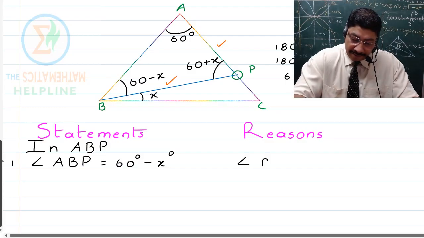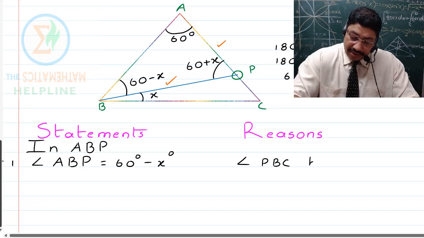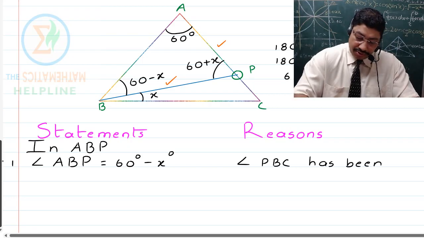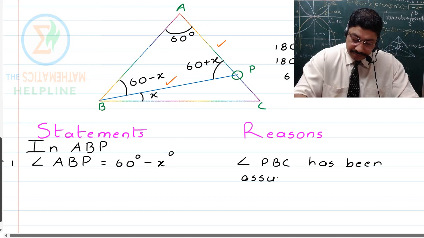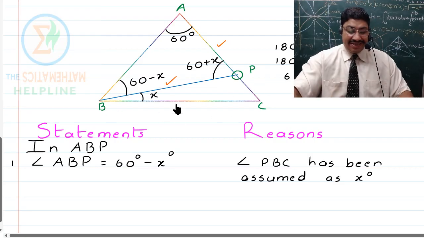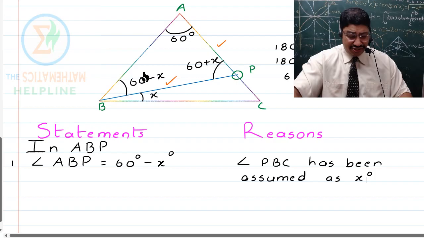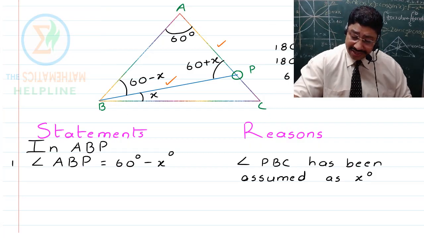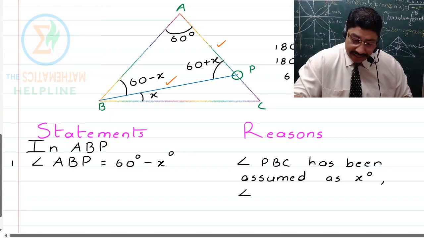angle PBC has been assumed as X degree, right? So as angle PBC has been assumed to be X degree, as such, this angle ABP is going to be 60 minus X, because we know that angle ABC is 60 degrees. So further, you also write this as the reason. Angle